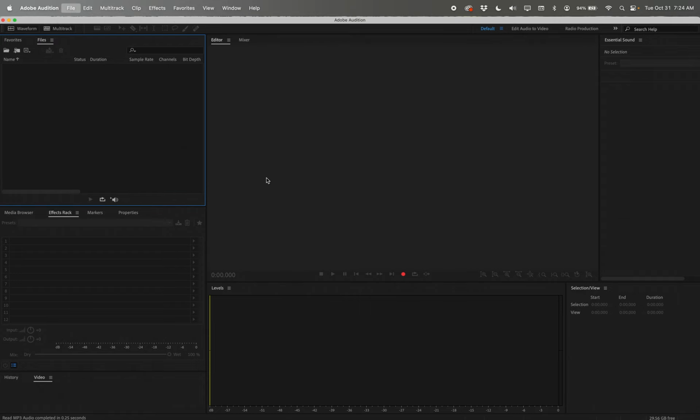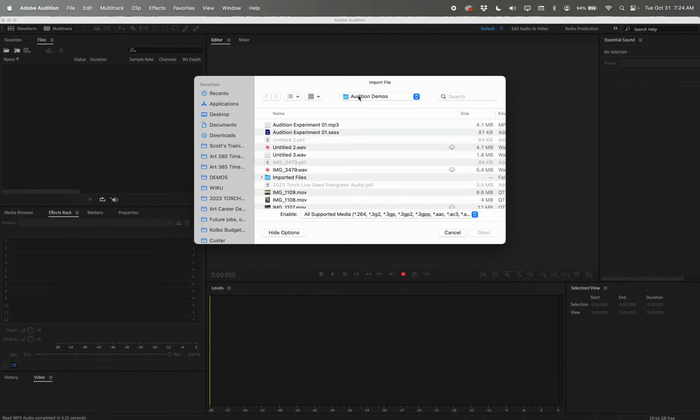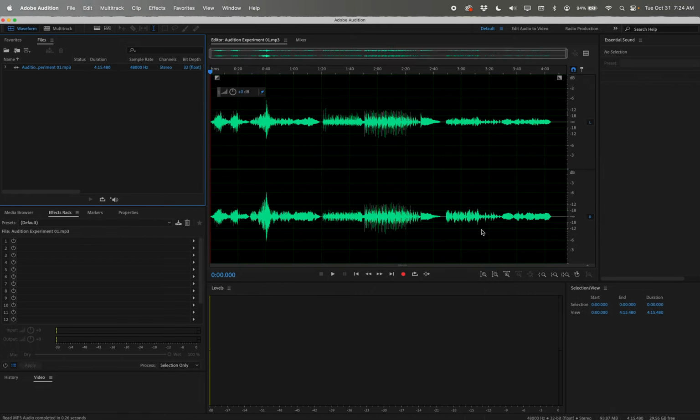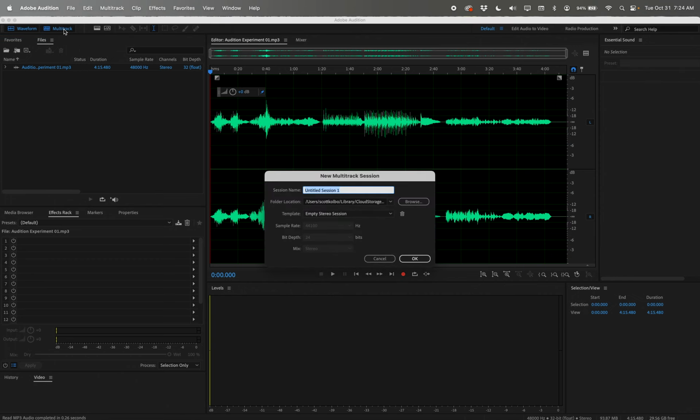So you can just click File, and then go find it wherever you've got your file stashed, right? But I'm just going to grab this top one, which is a little experimental thing that I made as a demo, and drop that in. And when you do that, you want to make sure that you check the multi-track button here. So you're just going to want to make a new session, and if you want, you could be smart about it and label it